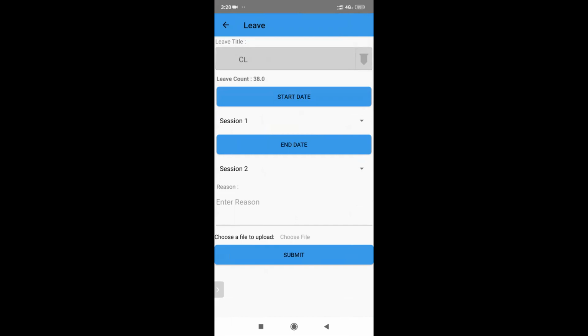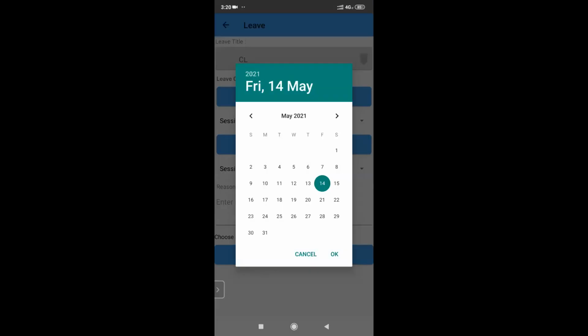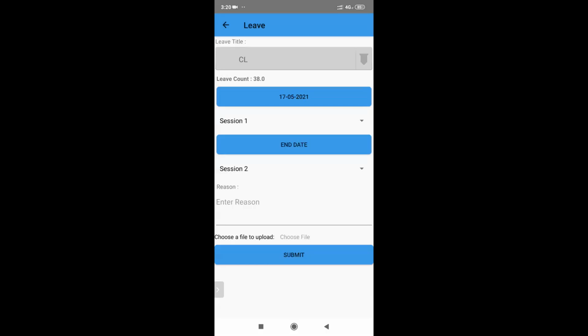Now it depends on the start date and end date. Start date is when I'm planning to take that leave. As this is a casual leave, I can take that in advance. If it was a half day, then it will become from session 1 to session 1. That means I'm taking a half day for the 17th. If I'm taking a full day, then it will be session 1 to session 2.